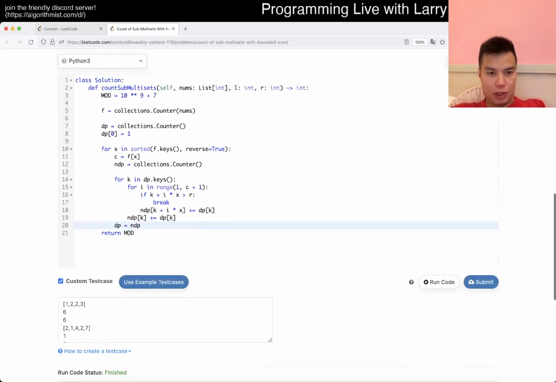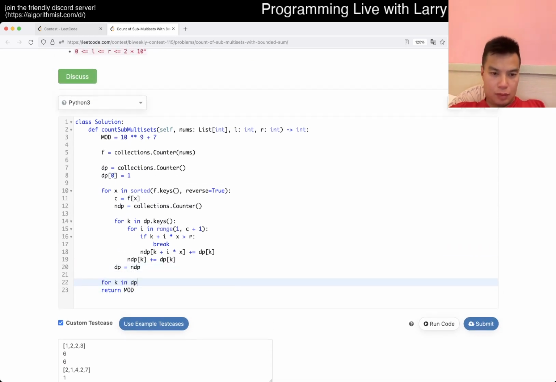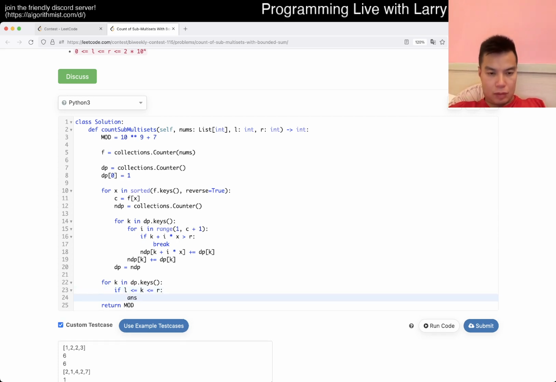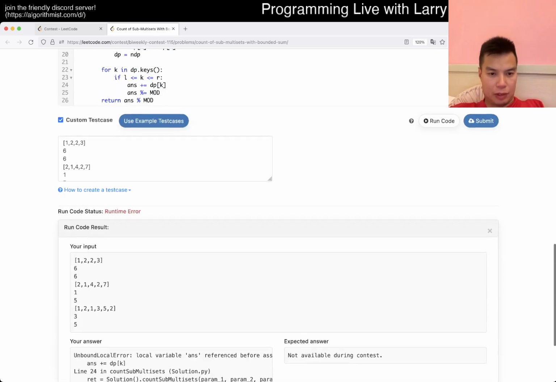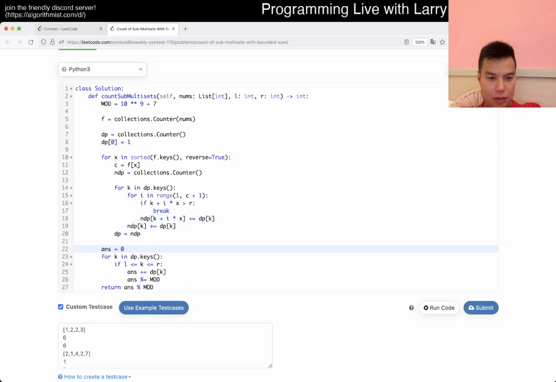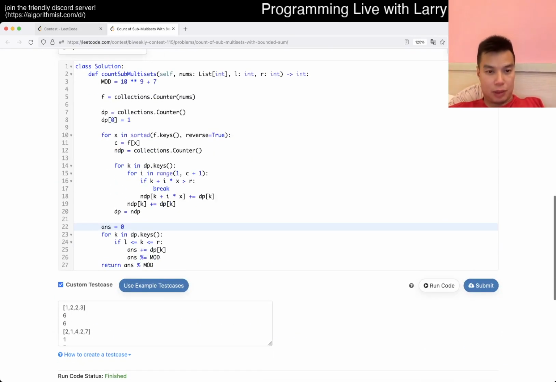Oh, I forgot to really do anything, right? I know I have to do more modding, but I just wanted to see real quick whether this at least gets it right. 179, so I guess that's right. I mean, I guess why wouldn't it be, but